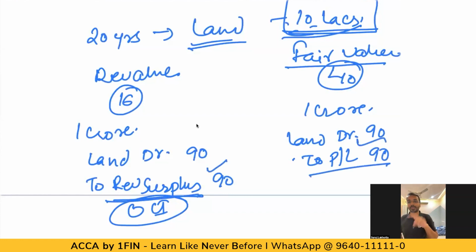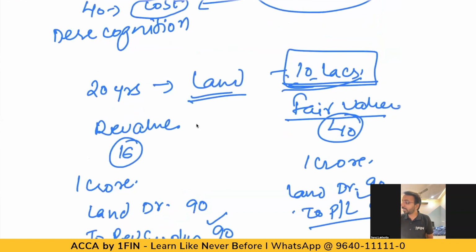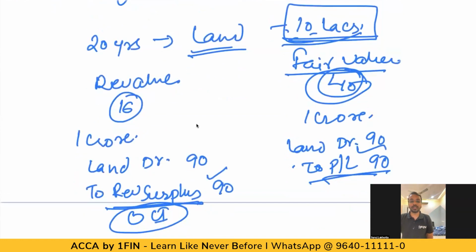Sir, why this difference in treatment? Because our purpose of IAS 40 is what? To make gain on sale or to earn rental income. So that is why if at all there is a gain, we can take it to P&L. But sir, why not the same thing here? Here, because our purpose is not to make a gain out of it. Our purpose is to use it for administrative purpose. So by revaluing, you should not take unnecessary profit to the P&L. So revaluation for IAS 16, you should take it to OCI, the other comprehensive income. For investment property, you should take it to P&L, that is directly you can recognize it.